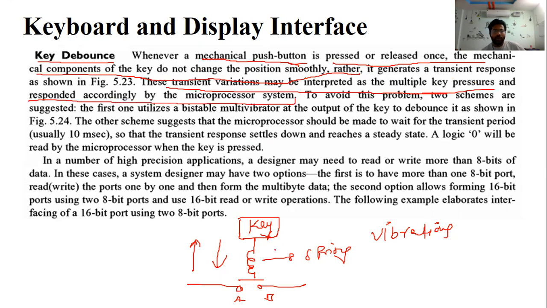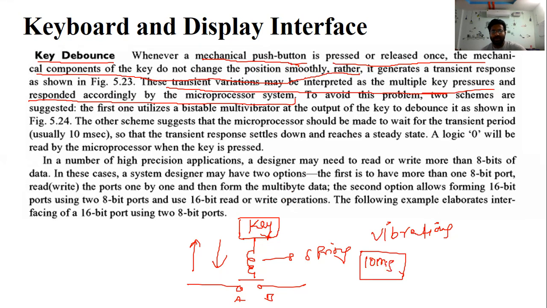How much time does it take to read a key? A 10 millisecond time is taken by the microprocessor to read the key, whether you press key number 3 or 4. But you do not wait that long because you type on the keyboard very quickly, for suppose 1, 2, 3, 4, 5, 6, 7, 8, 9.